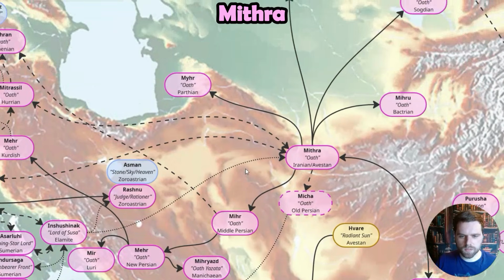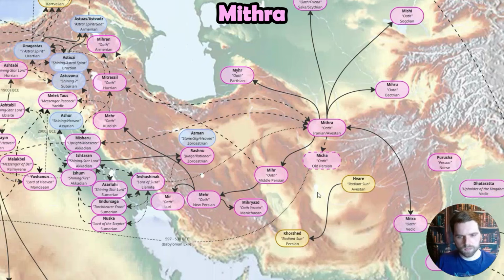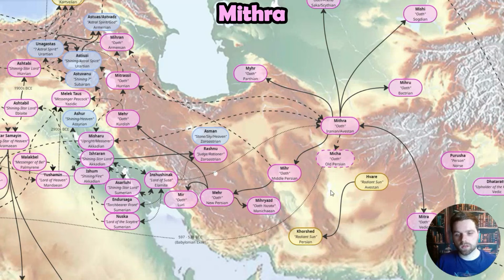We, of course, have all these different Iranian-derived names for him. In general, his name means oath, sometimes friend, sometimes covenant, or contract. It's all an interrelated concept of order through oath or covenant with the people or with a tribe or with an alliance. In general, that kind of has to do with diplomacy, if I were to broaden that term.